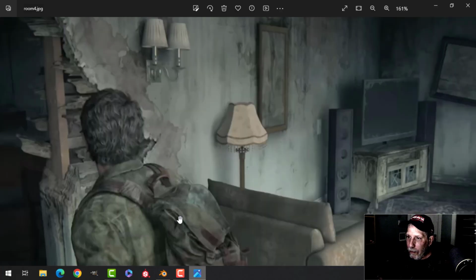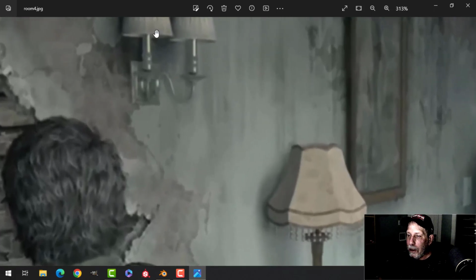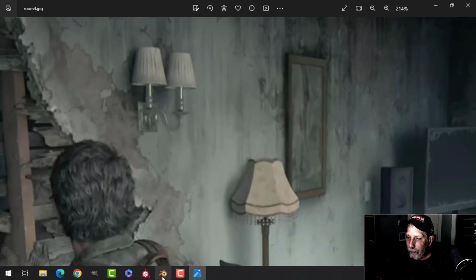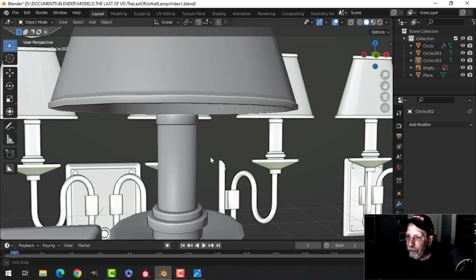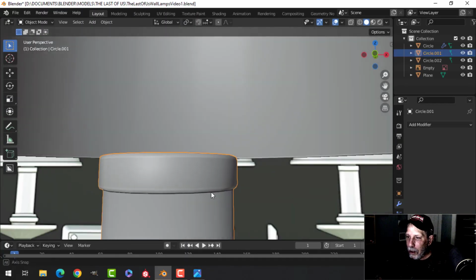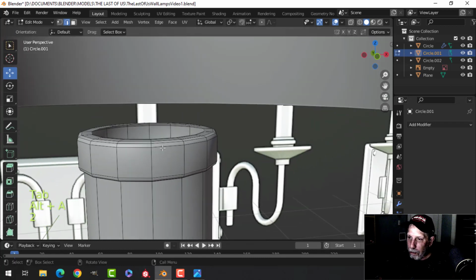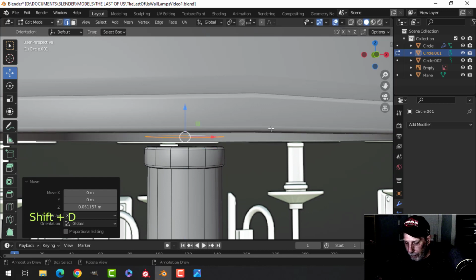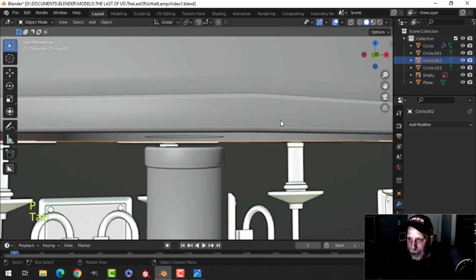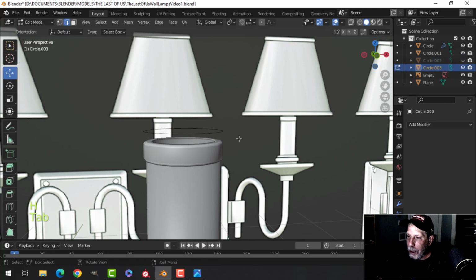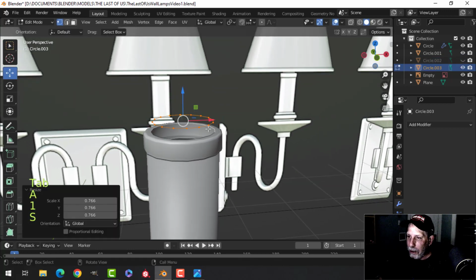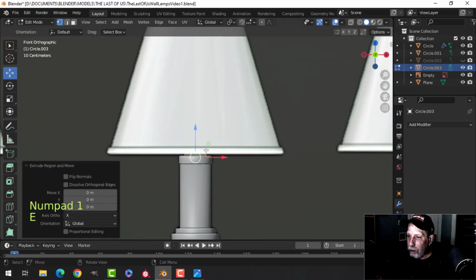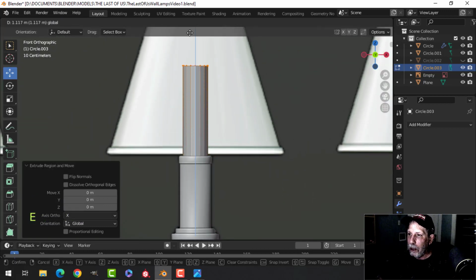Now, in this one here, you don't really see any light inside there, but I'm going to do something. So for this, I'm going to take another circle, Shift D to duplicate it, pull it up, P to break it out. I'm going to hide the lampshade. Take this, I'm going to scale it down, so imagine that it fits in there, and I'm going to just make something. I'm going to just bring it up like this